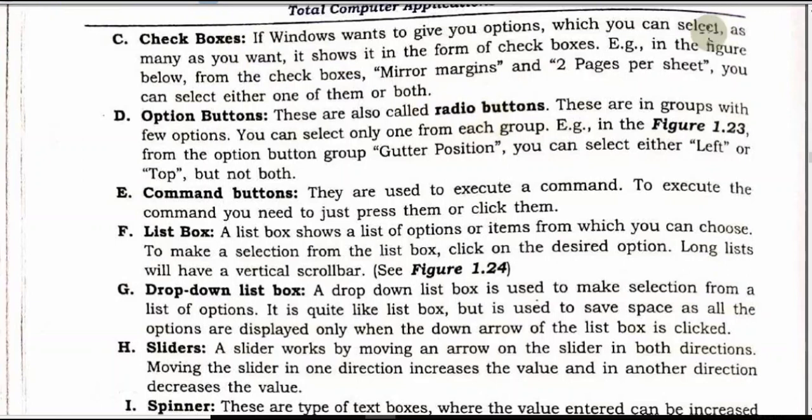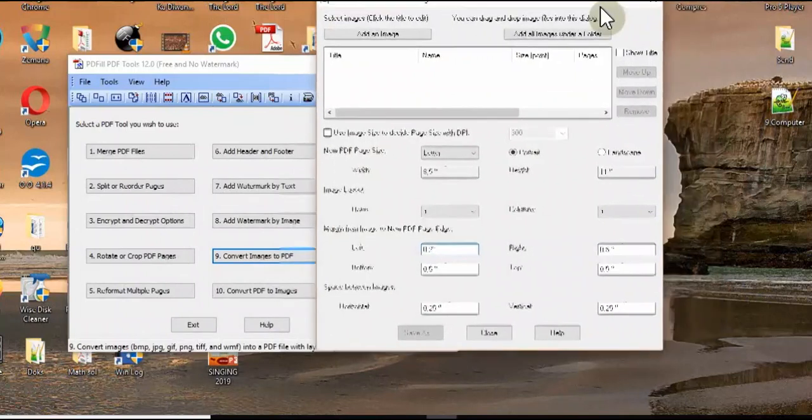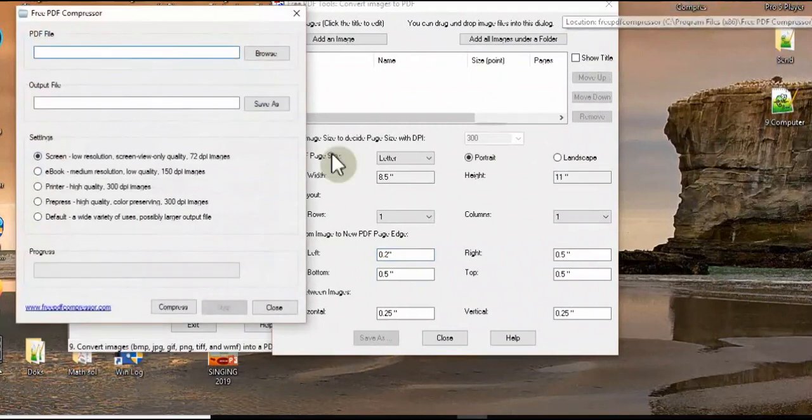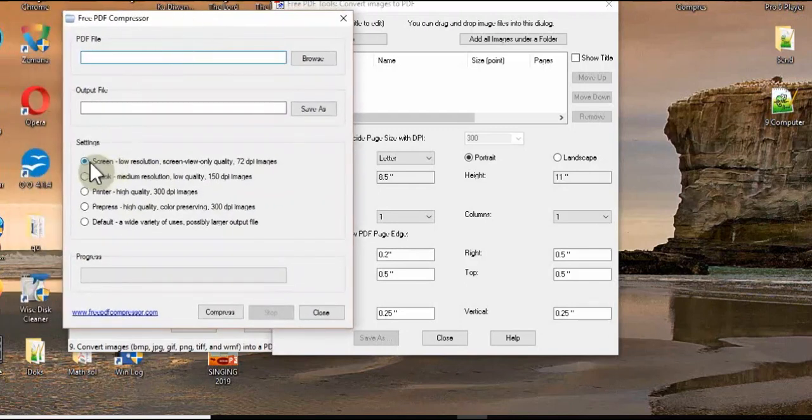Let me show you a demo. Let me do this here and I am opening another thing. Students, please pay attention. Now this is another software and please see clearly. This is actually the radio button. You can see the circle-type radio buttons. The first one is checked. Now let me check the third one. I have checked the third one.